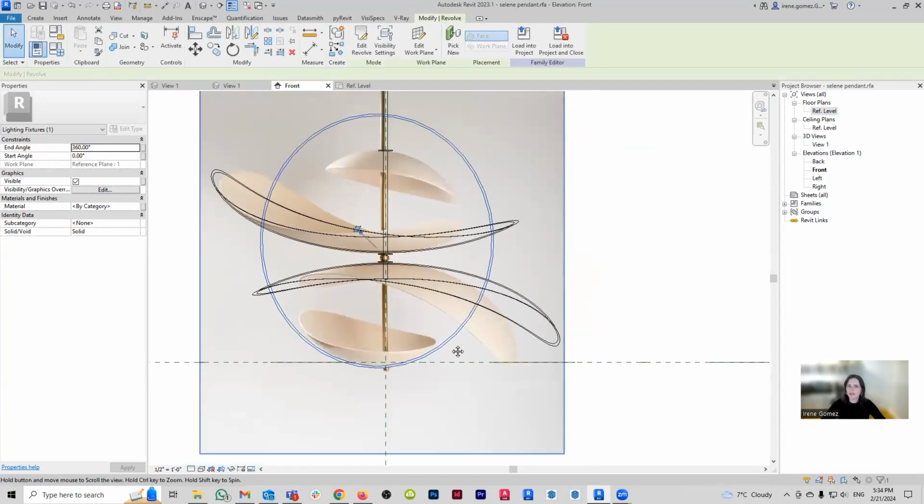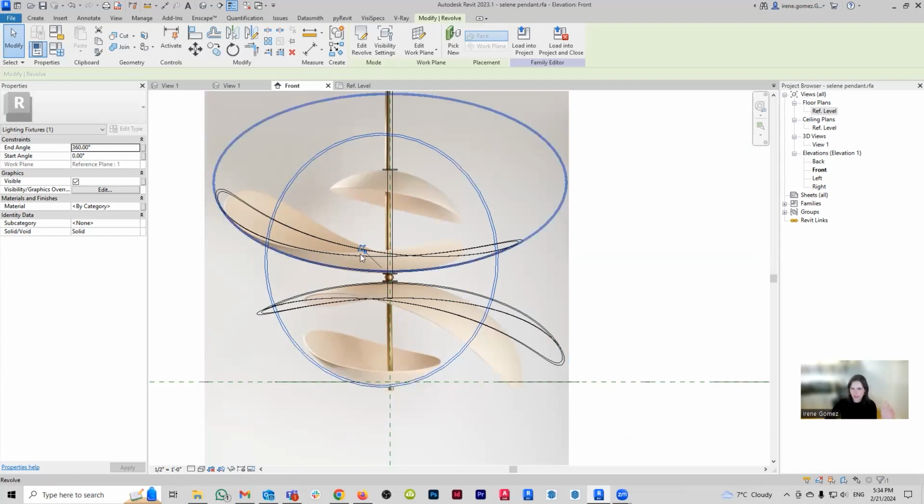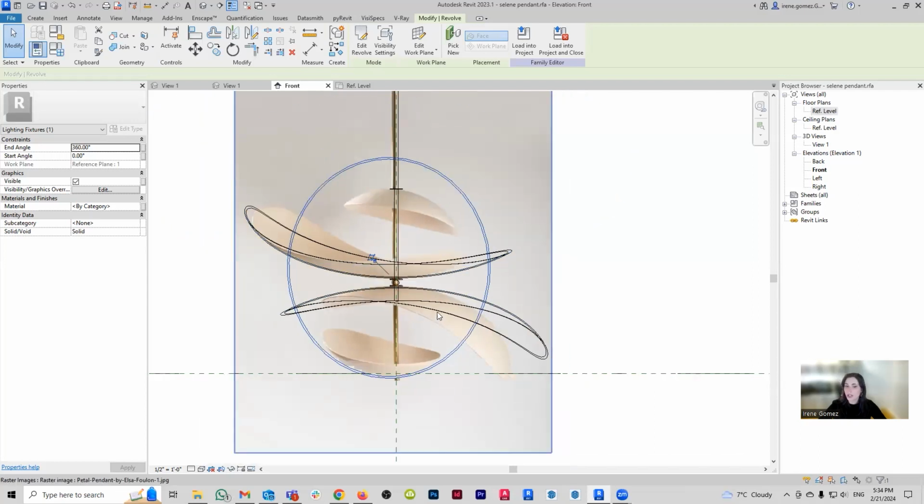So I have my egg. And what we're going to do now is the same way that I cut these elements here, the watermelon, I am going to also cut the egg. And what you can see is that the cut angle seems to be very similar, like the first and the third and the second and the fourth. So what I can do here is I can just use the same reference plane. I don't need to use a new one.